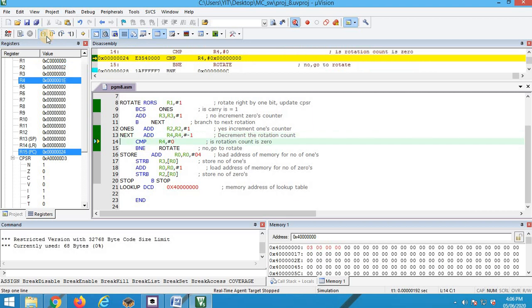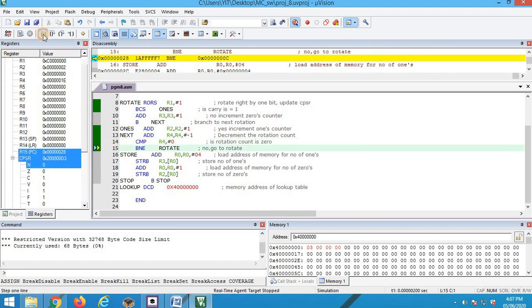Now R4 is decremented because one more rotation is done. In hexadecimal, 32 minus 2 rotations is 30, which is 1E in hexadecimal. So compare R4, 0, not equal, go back to rotate.